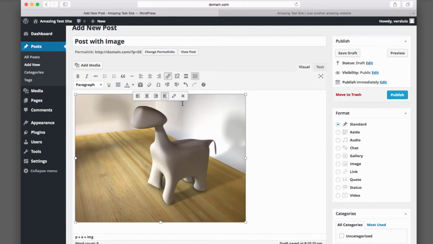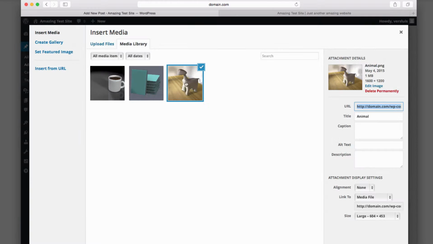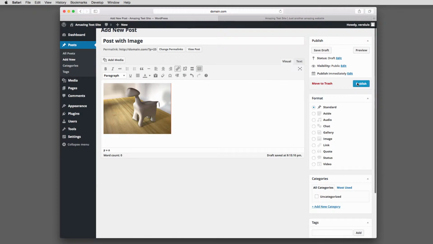So if I remove this again and again add the same picture, you can see that we have a link to option. I can link to the media file if someone clicks on the image. I can link to an attachment page, a custom URL, or I can remove the link altogether. So a much better way if I wanted to provide the full resolution to my readers is either to insert the large or the medium picture. And if I were to publish this,